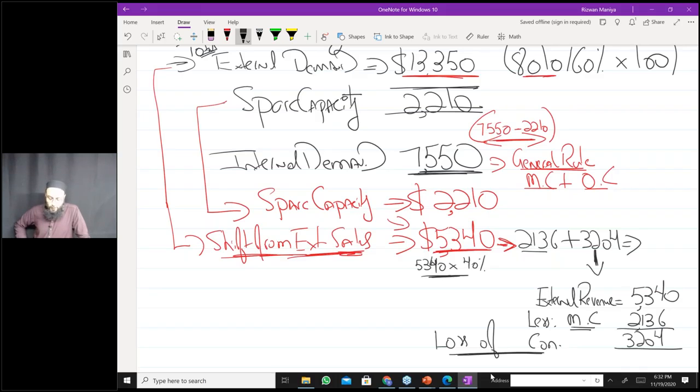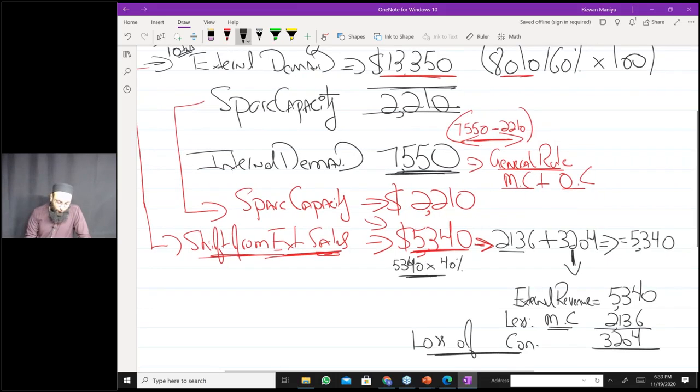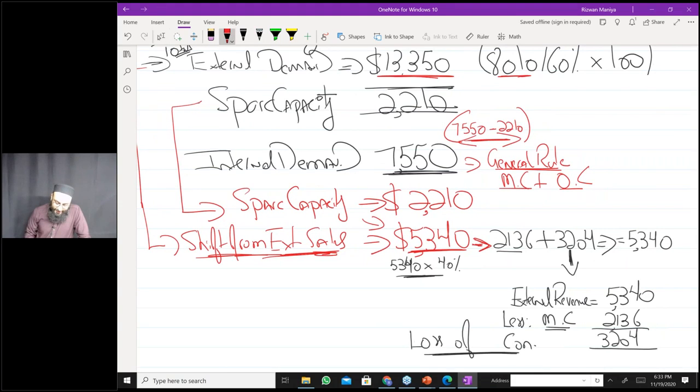So this loss of contribution is my opportunity cost that I'll charge here. Now if you add these two, what figure will you get? So you are getting back 5340,